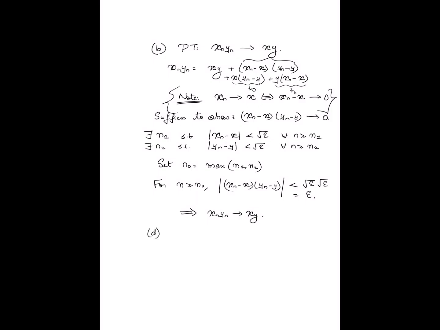All that remains now to prove this theorem is to prove part D, which is, I'm going to remind you what the question was. The question was that for x not equal to 0, 1 by xn in fact tends to 1 by x. Okay, so yeah, maybe this is good. I can probably leave this as an exercise to you, and we can discuss this in the tutorial if need be. The only thing I want you to think about is that in this case, so this is an exercise,